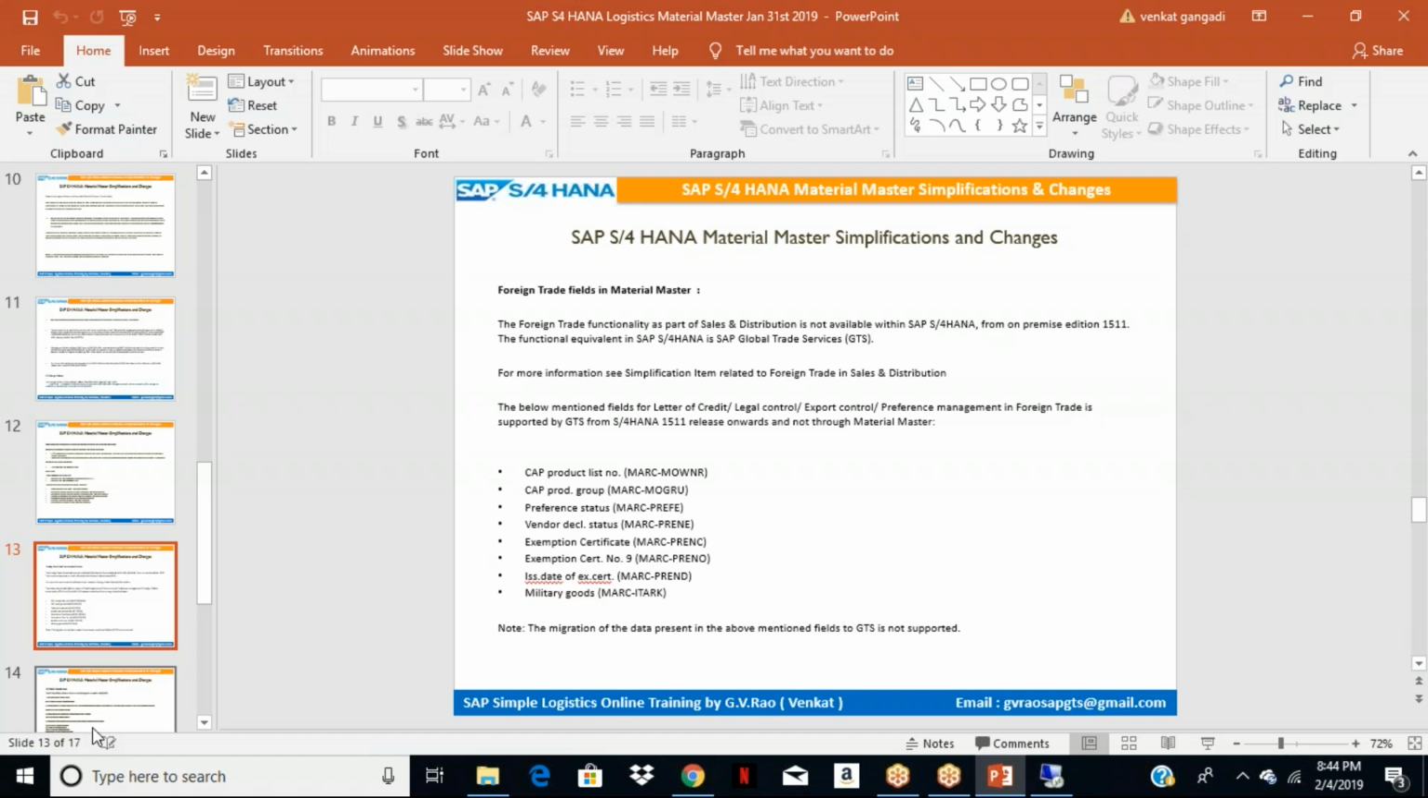That was the situation till some time back, till 2015. The clients which have complex business requirements for export and import are using the GTS module. The clients which have minimal foreign trade requirements are using SD foreign trade. But now, in SAP S4HANA, SAP